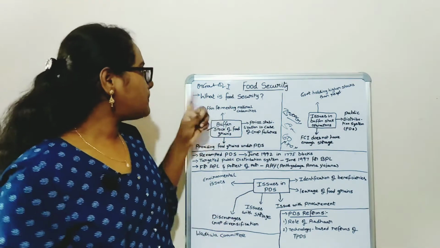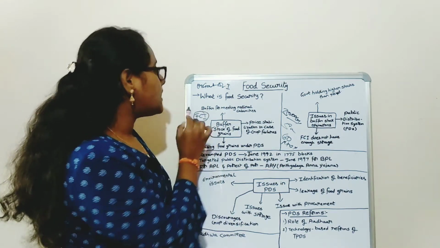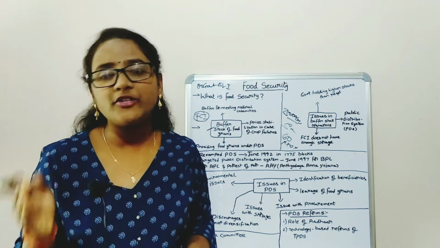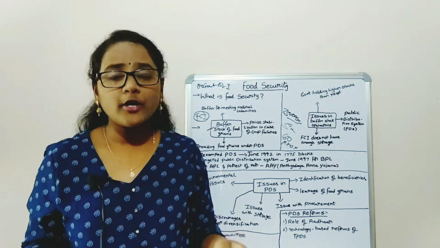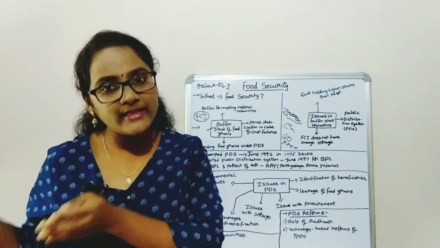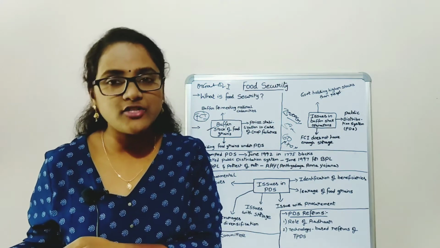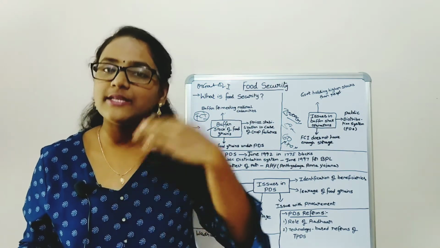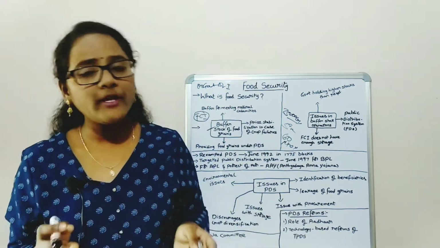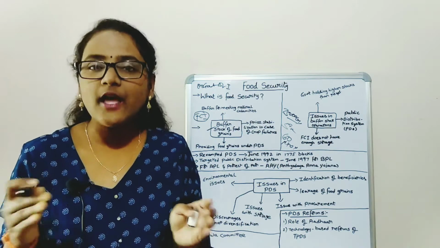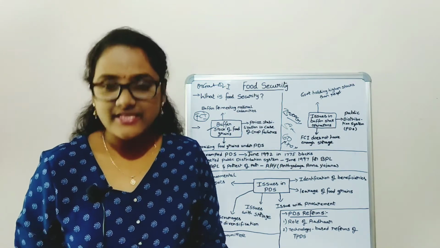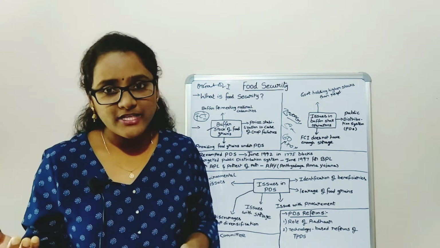Here, the Food Corporation of India also plays a major role. The primary responsibility of the Food Corporation of India is to procure food grains at minimum support price and store them in warehouses in different locations, thereby supplying to the state governments as per their requirement. FCI also sells in the open market to stabilize prices if they turn volatile, especially in case